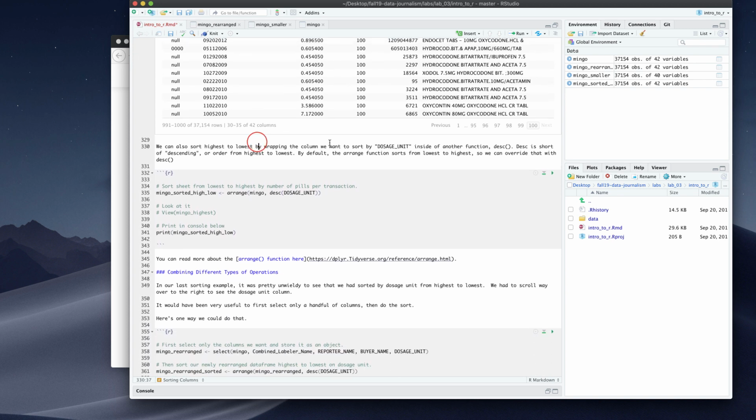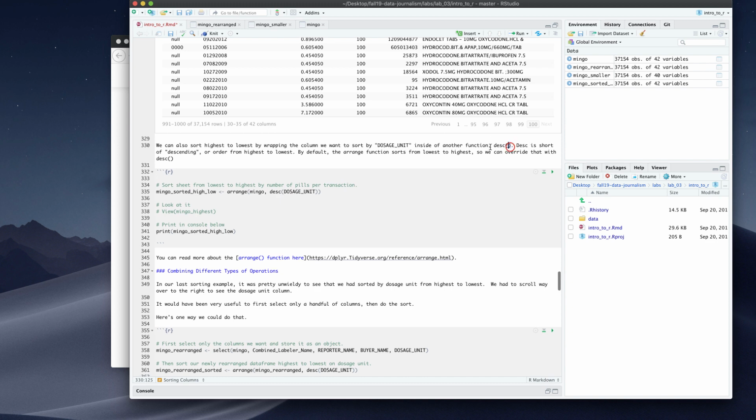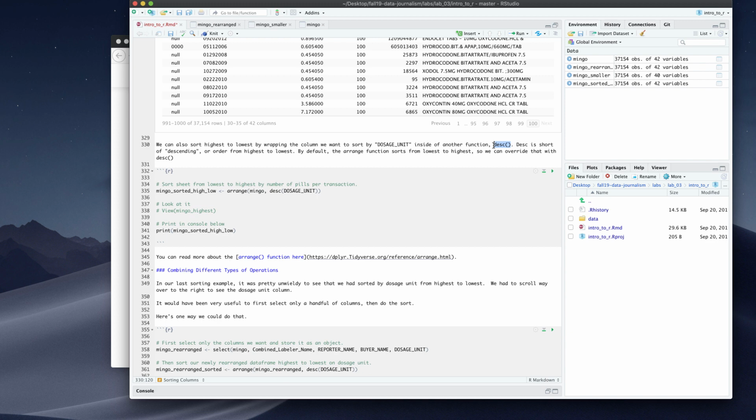We can also sort highest to lowest by wrapping the column we want to sort inside of another function called DESC, and DESC is short for descending, which is sorting from highest to lowest. Remember, by default, the arrange function sorts from lowest to highest. We're going to override that with DESC. I am again storing the sorted spreadsheet as a data set called Mingo sorted high to low. And when I print that,